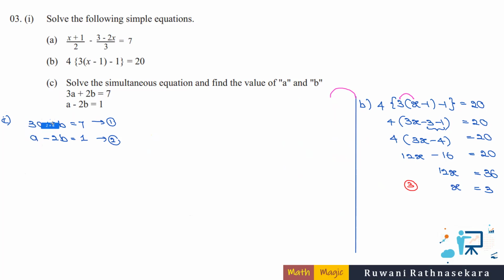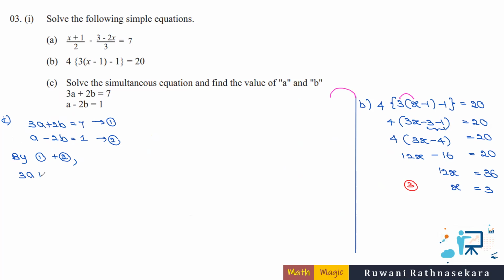But the number of B's is the same. You have 2B, 2B each. Since the one above is plus 2B, the other one is minus 2B. Due to having unequal signs, you can add the two equations to cancel the 2B terms. Therefore, you explain it. By 1 plus 2, you get